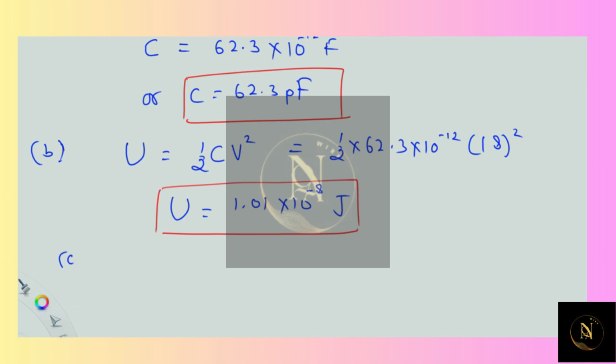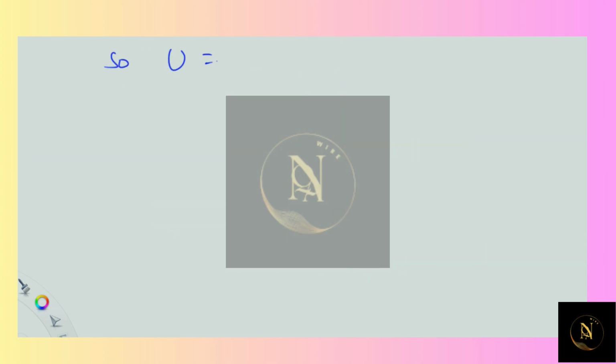Then in the third and the last part of the problem, if we remove this plexiglass, here we will get a single capacitor having the expression of capacitance as epsilon naught A by D only. So now the energy will be given by half C V squared. For C, this is epsilon naught A for area, that is square of side, divided by D